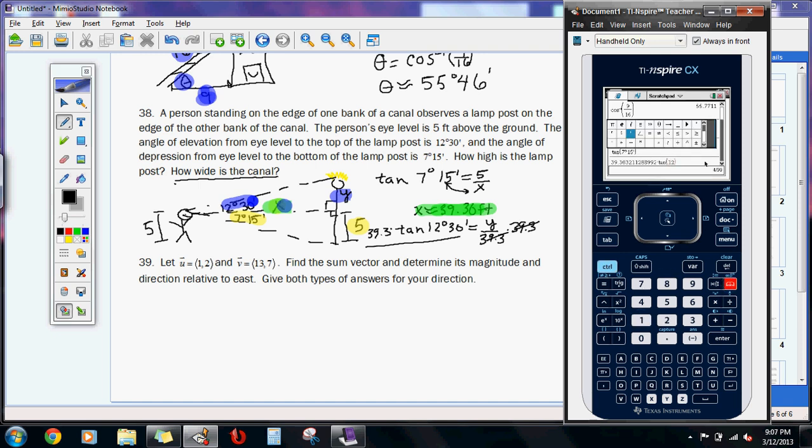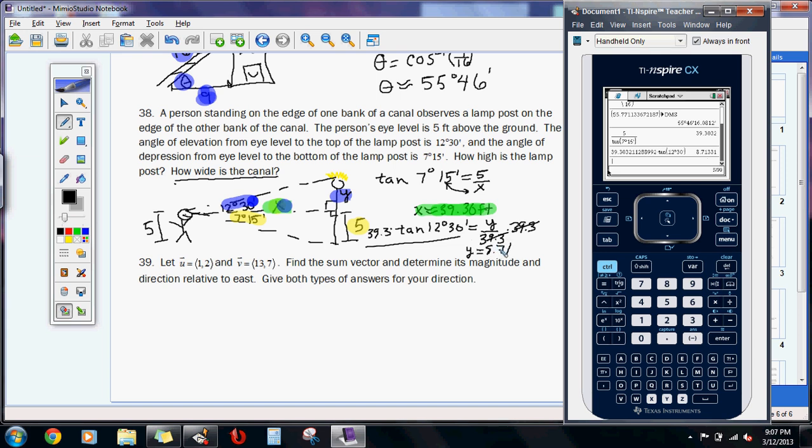Give me a second here. When I do that, I get my value of 8.713. So that's going to tell me that my y value is equal to